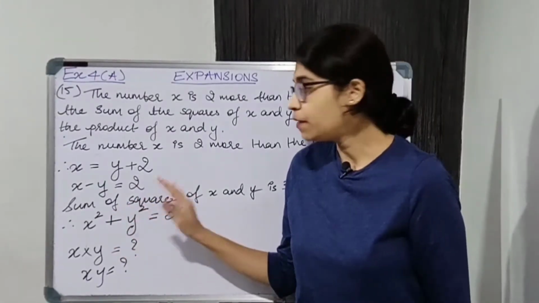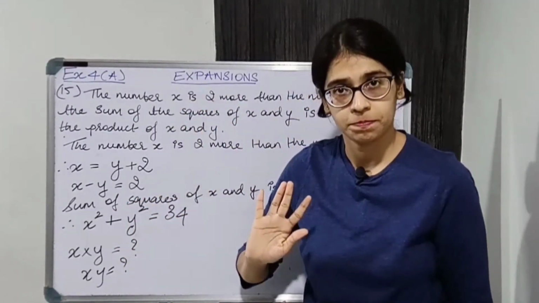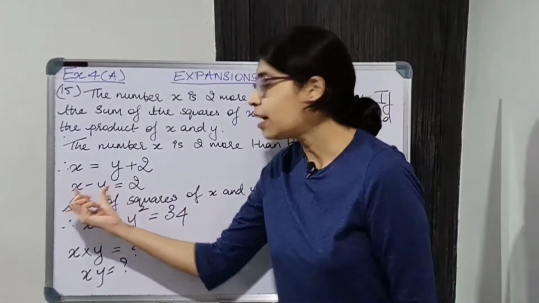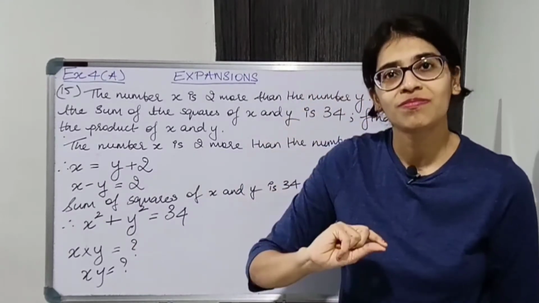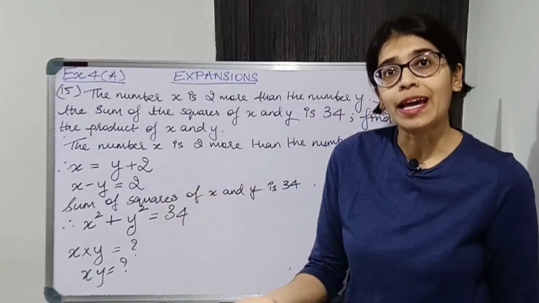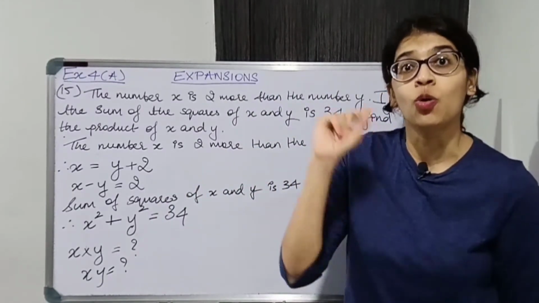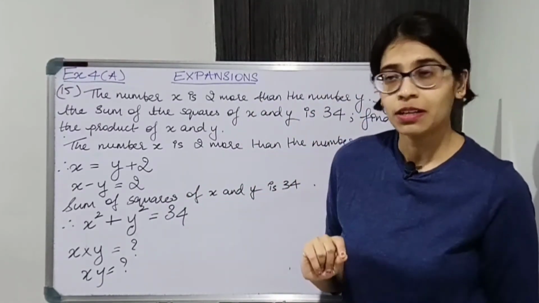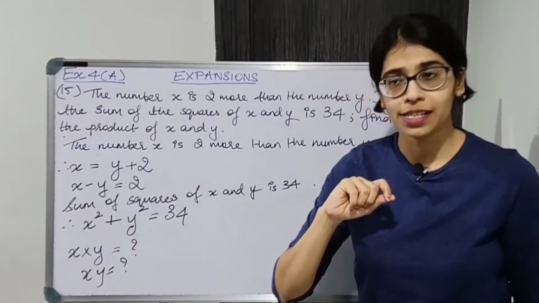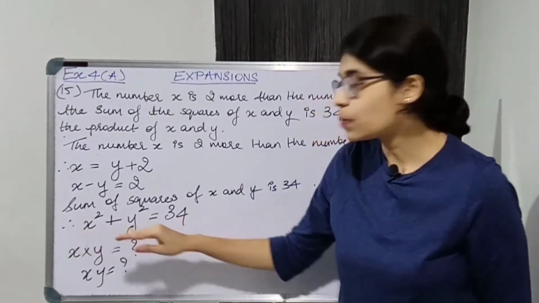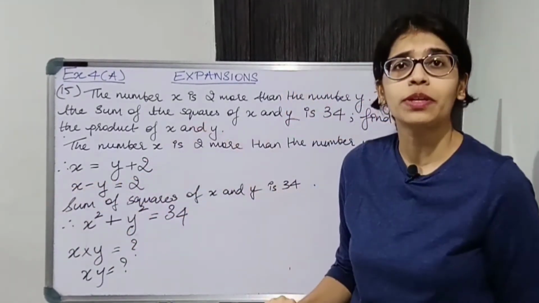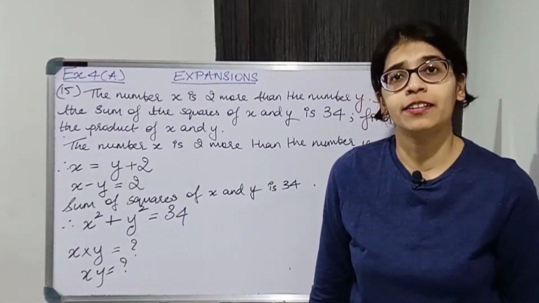Alright. Now, over here, what we will do is same thing, identity. Okay, there is square over here. Over here we have x minus y. So what we will do? We don't have identity for x minus y. But if we square, we have identity for x minus y the whole square. Okay, so we will square on both the sides. Alright. For x square plus y square, we don't have any identity. So we can use identity only for x minus y over here. For this also, we don't have any identity.